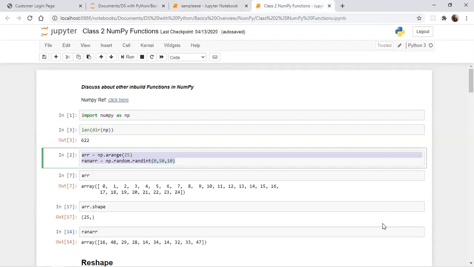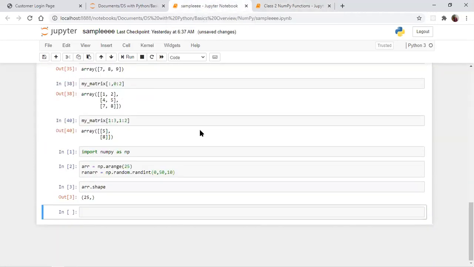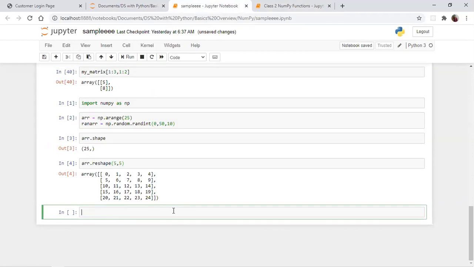Now we are going to apply some inbuilt functions and change the shape. For that, this variable name dot reshape, and here I am giving 5 comma 5. When you give 5 comma 5, you will get 5 rows and 5 columns like this. So this is what reshape is.